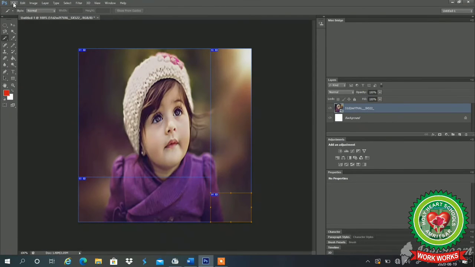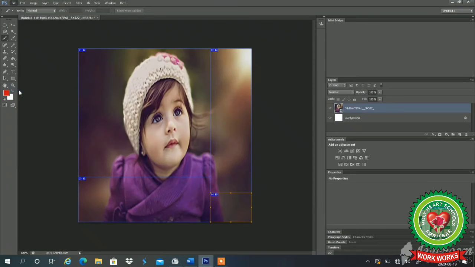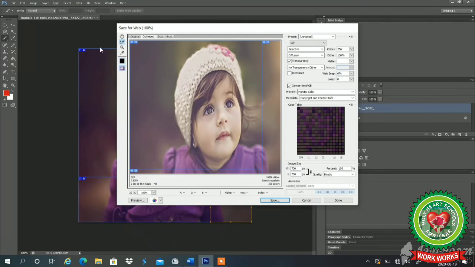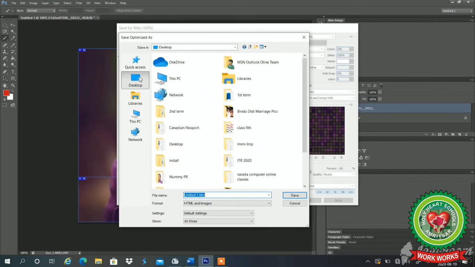Now we will click on the file menu. This time we will choose save for web, and when I click on save for web, we have a save button, and we will click on this save button. Now we will select the location where we want to save the image.